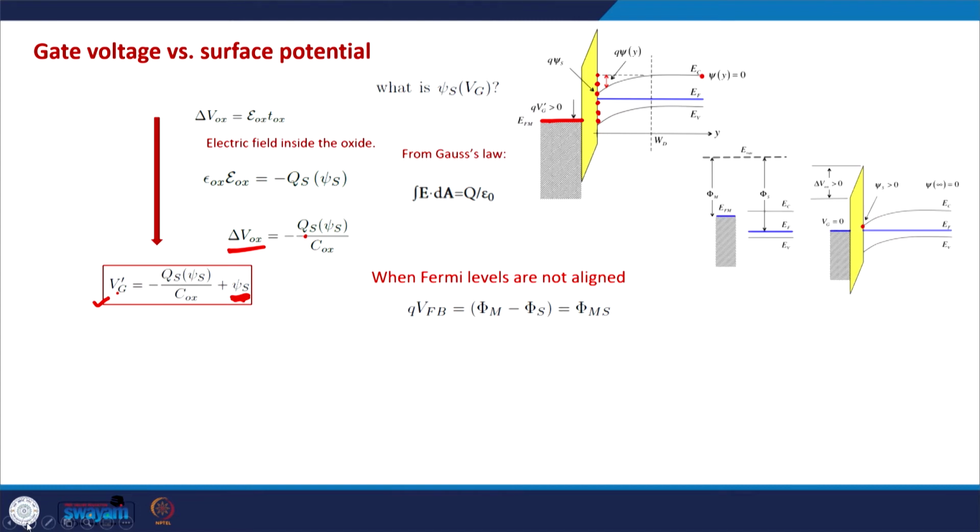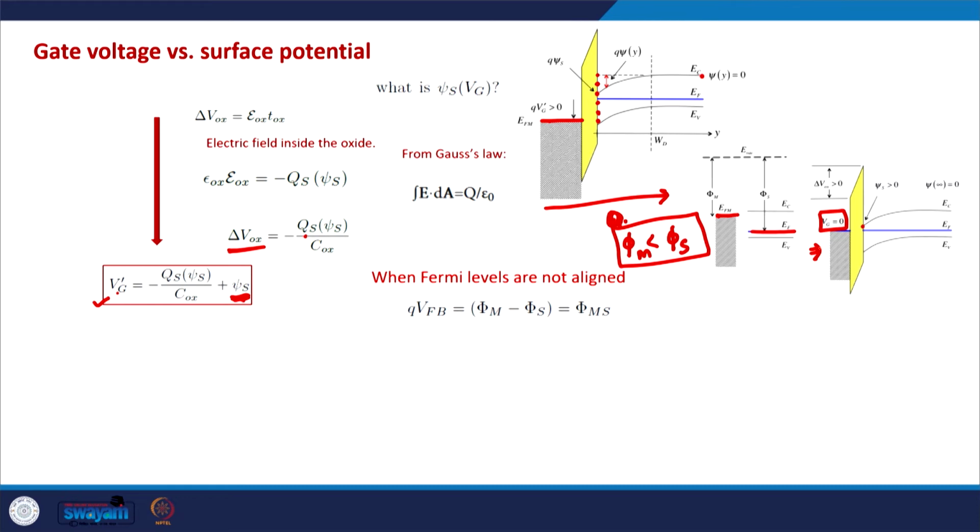So in no bias condition, when there is a work function difference between the metal, the gate, and the semiconductor, in this example we have shown that phi m, the work function of the metal, is less than the work function of the semiconductor. In that case, when this MOS structure is formed, there will be a bending even at zero gate voltage. So this will be the case when these are joined,